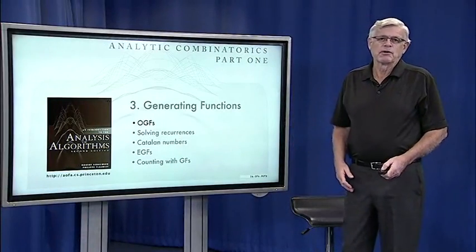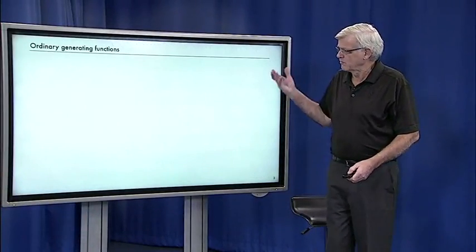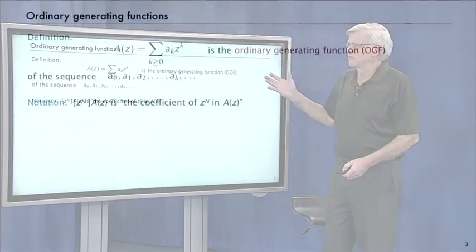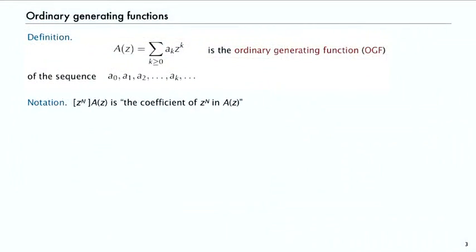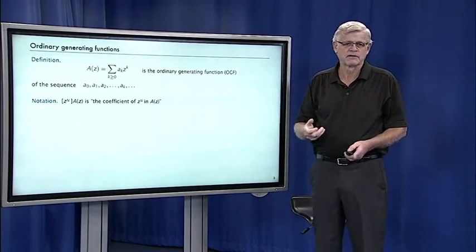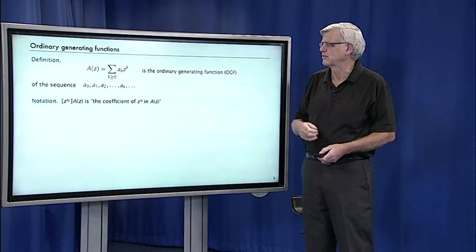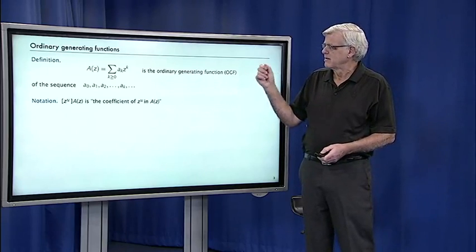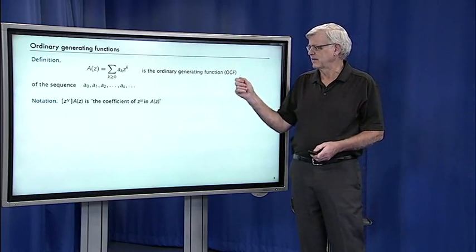So to start out, we're going to talk about just what is a generating function. And the first thing we'll talk about is what's called ordinary generating functions. So there's a definition of what is an ordinary generating function. It's a function that's defined as an infinite sum involving a free variable, z in this case, over a sequence. So given a sequence, A0, A1, an infinite sequence, like the types that we were working with for the recurrences, the ordinary generating function of that sequence is obtained by multiplying the kth term by z to the k and then